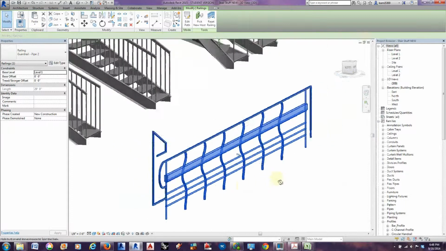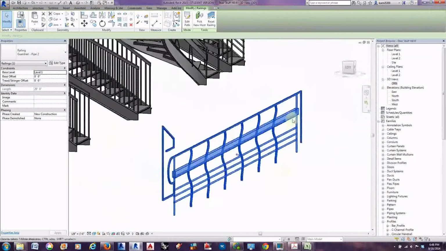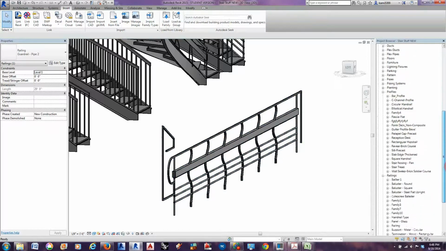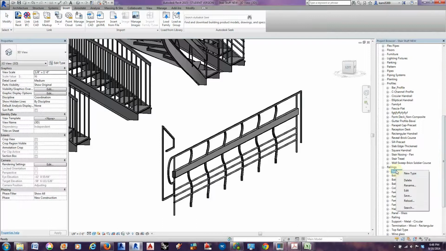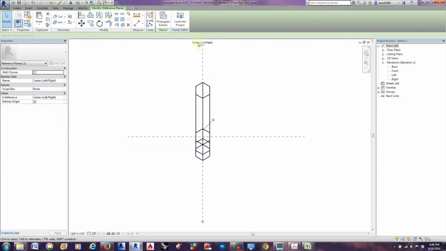So we drew that one on the left-right axis, and it put it horizontal, in the same direction as the run of our railing. Maybe we want it to be perpendicular, so we can just go back and start changing that. That's a good lesson right there, using the left-right. Using this axis, the center left-right,